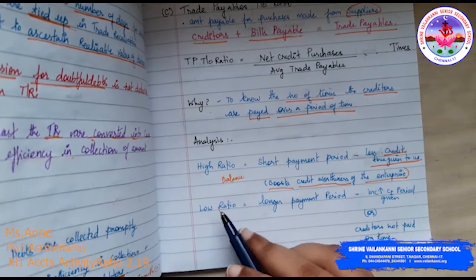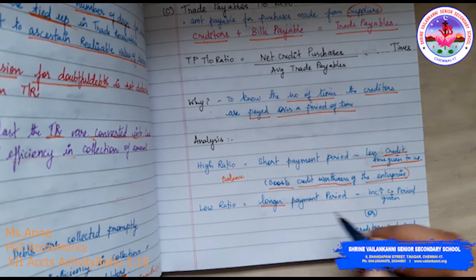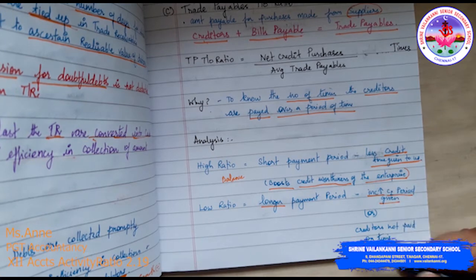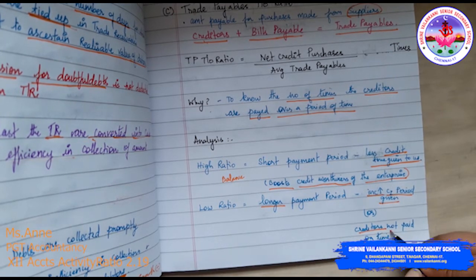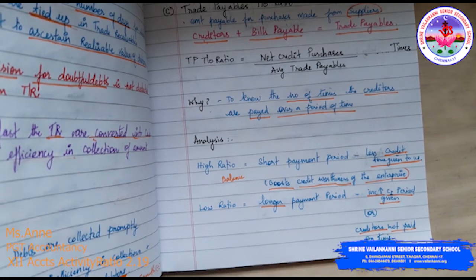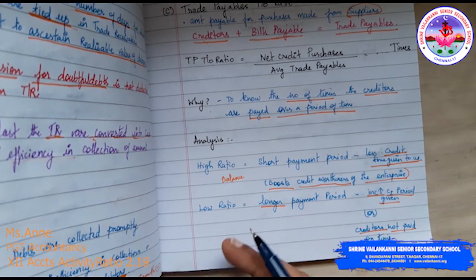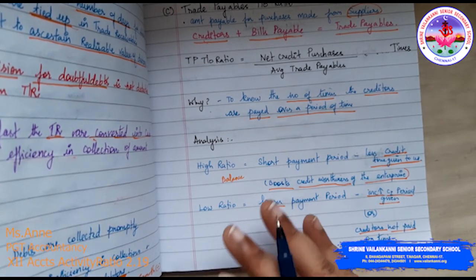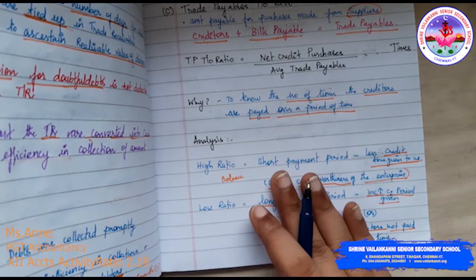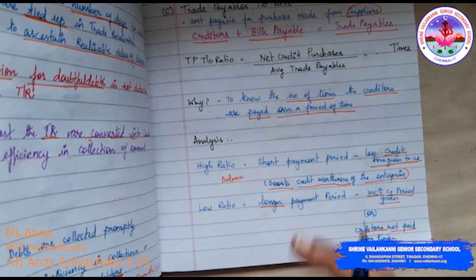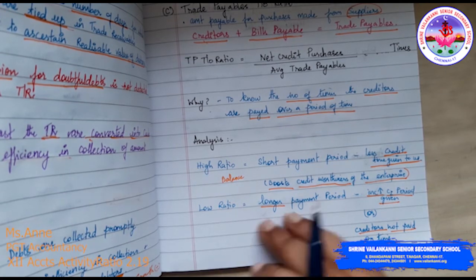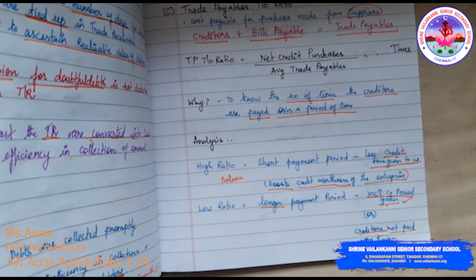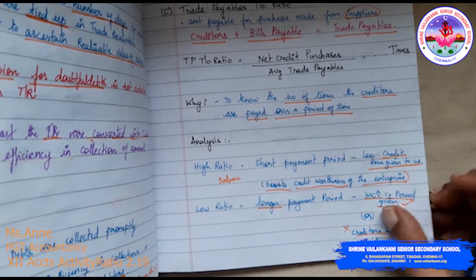We should pay them promptly, but in a clubbed manner, not frequently. Then low ratio indicates a longer period, which means higher credit period given. But on the flip side, sometimes we do not pay them, and then also it leads to a low ratio. We are supposed to pay, but we are not paying. If it is coming from the supplier's side, say for example, they say you can pay us by 60 days, that's okay. But if they say you need to pay within 30 days and we take 60 days to pay, that is not good. So, increased credit period: if it is given, well and good. If it is not given, then we are not paying, and it is not good.